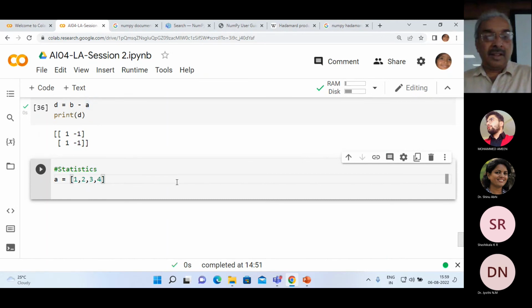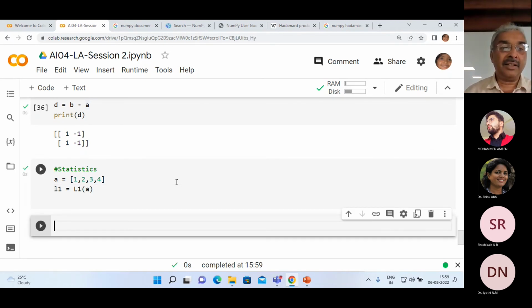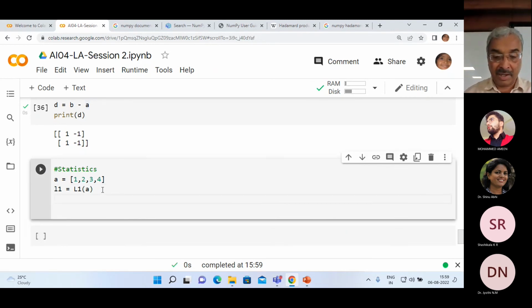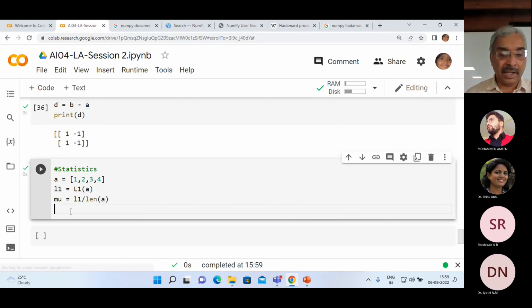Okay, we'll start with A is equal to 1, 2, 3, 4. Now I would like to find L1. I will say L1 is equal to L1 of A. My L1 is available. Now I'd like to find my mu is equal to L1 divided by length of A. Now I can print my mu,